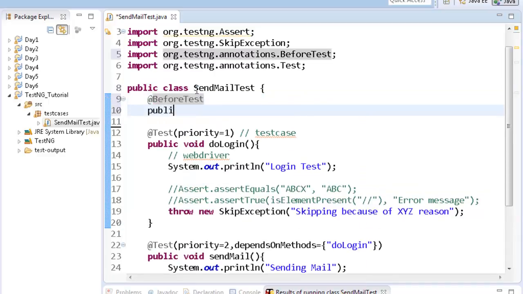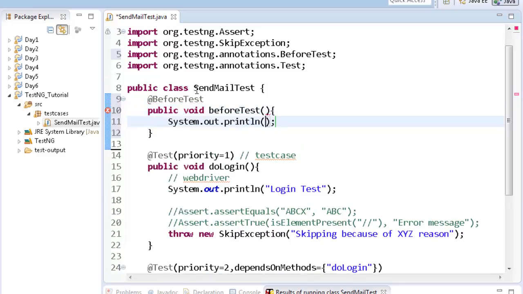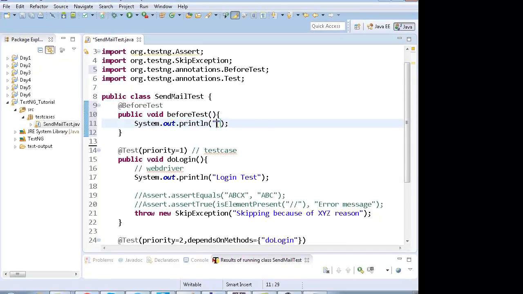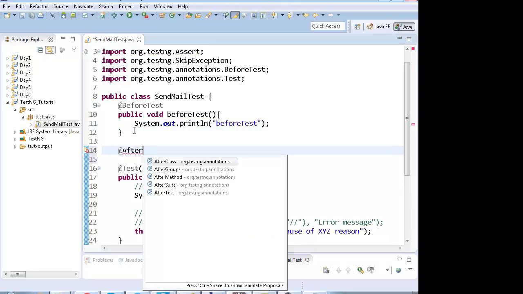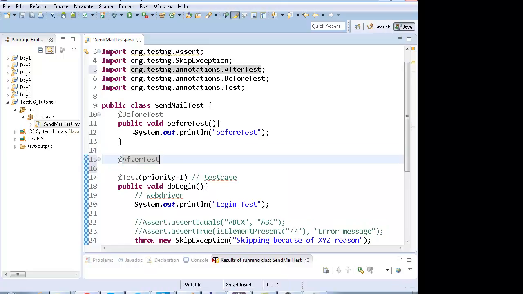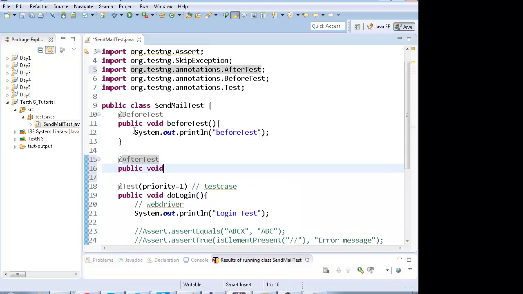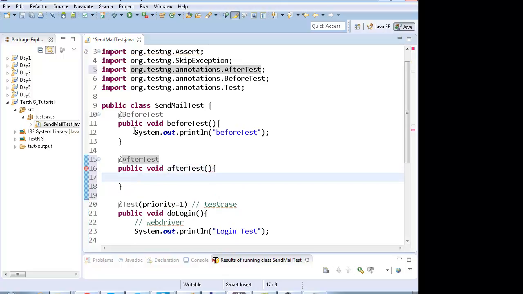I'll just make it public void and print it over here, and @AfterTest. So you have got these two annotations, and you can write over here public void afterTest, and you can print this. So when you run this code